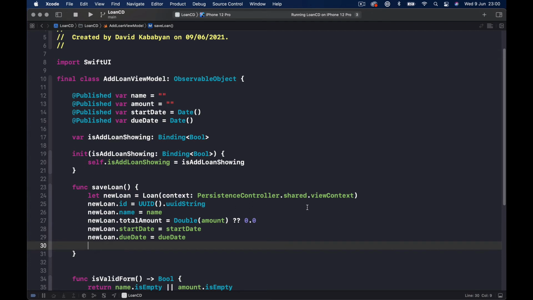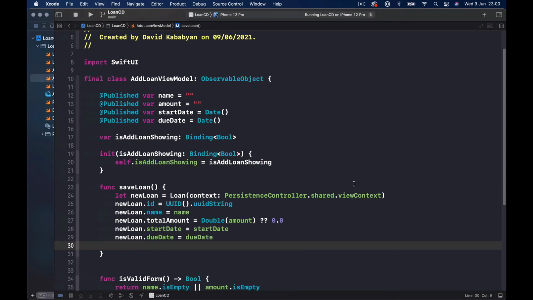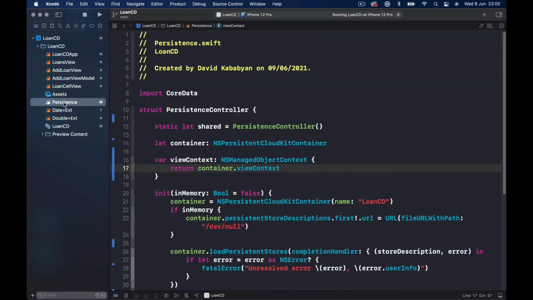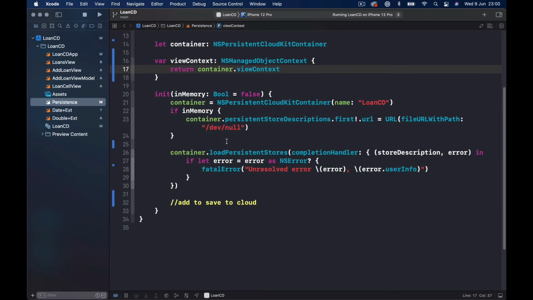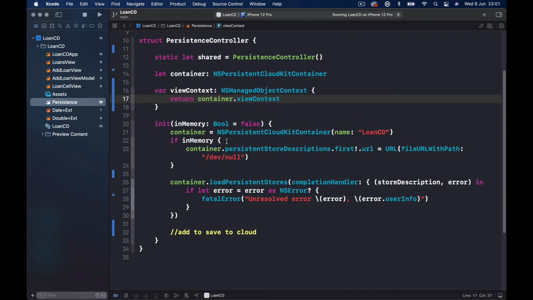In order to save, let's create a function in our persistence container, which is going to help us to save our items. Because we are going to call this function every time we want to save something, we want to have a ready function for it. So after our initializer here, let's write a function save,